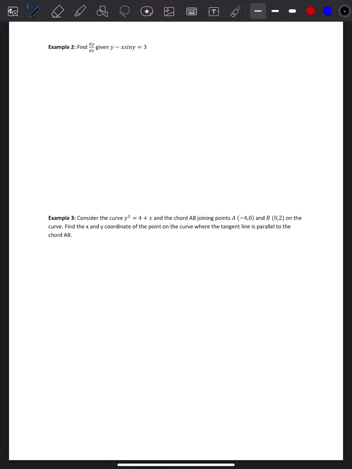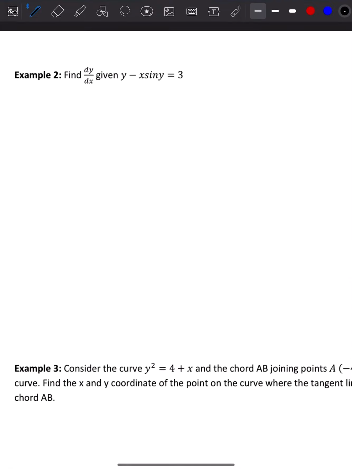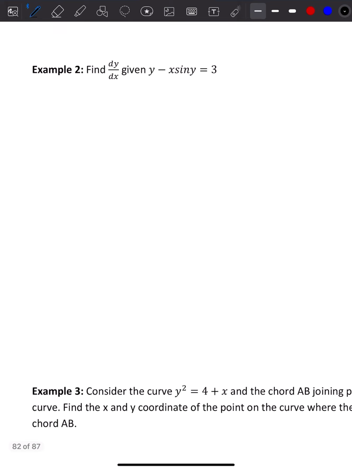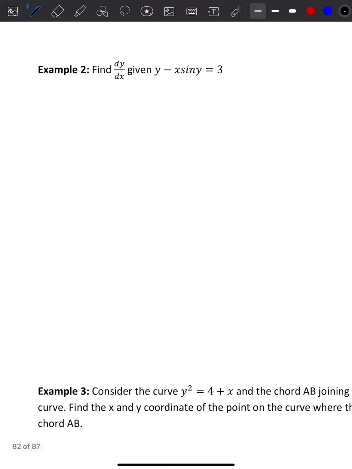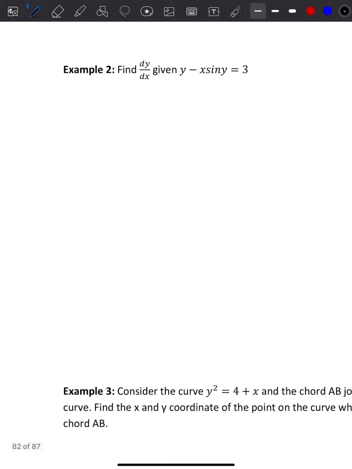Okay, so find the derivative given y minus x times sine of y is equal to 3. So the derivative of y is going to be dy over dx. We have product rule, so x is u, sine of y is v. So the derivative of negative x is negative 1, which is why we still have the subtraction, times sine of y